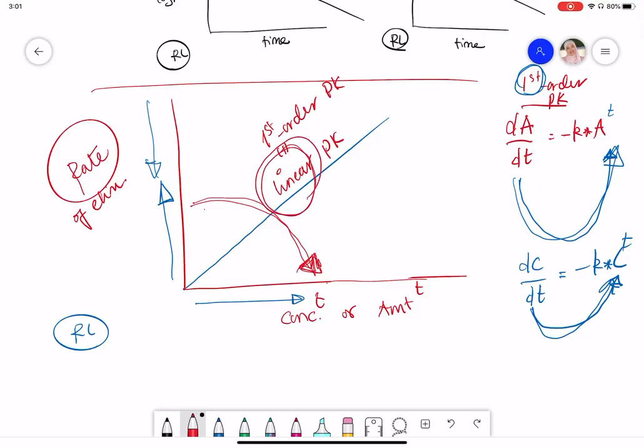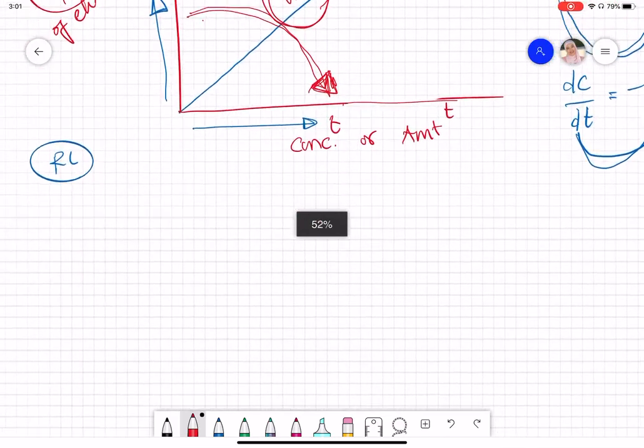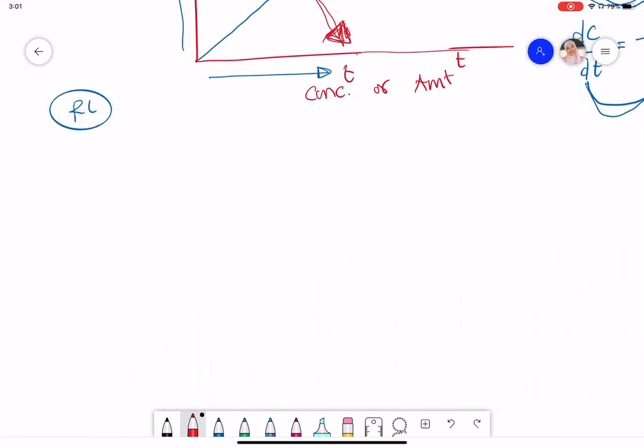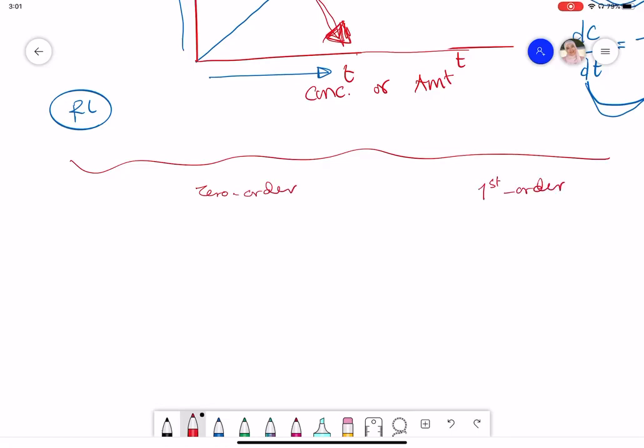And that is what you can see in the table that you have at the end of your slides, in which if we are talking about zero order kinetics versus first order kinetics, it's the same thing that you can see in the profiles that I draw for you